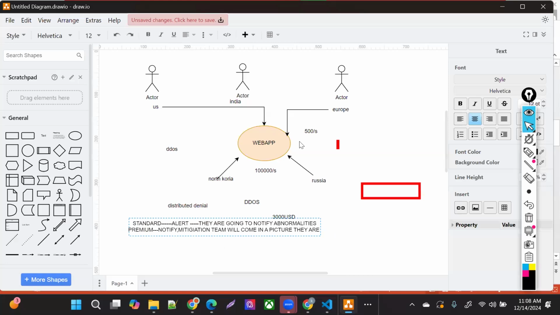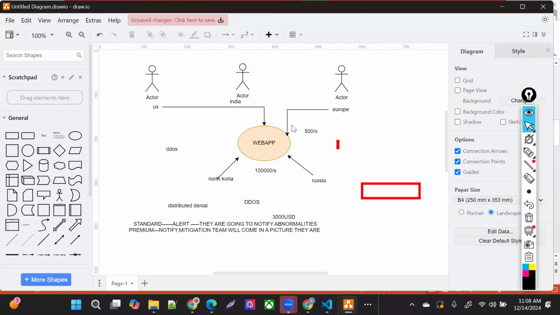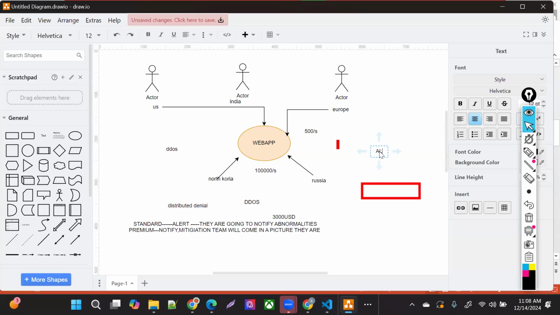For example, let's say this request is configured with 500 requests per second, right? With the premium feature, they are going to work on that AI/ML, the machine learning, and they are going to analyze the maximum requests you are receiving per day. Let's say the first day I received 400 requests. The second day I received 500 requests. The third day I received 300 requests, right? So it's just the pattern.